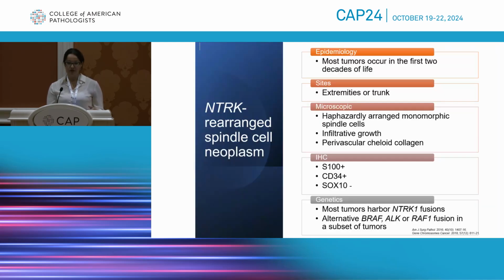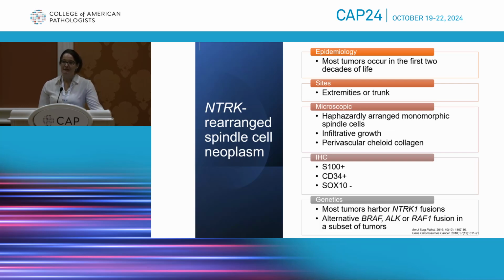Those findings are quite characteristic of this provisional entity in the WHO, which is the NTRK-rearranged spindle cell neoplasms, which have microscopic and immunohistochemical characteristics in common, and they are most likely driven by